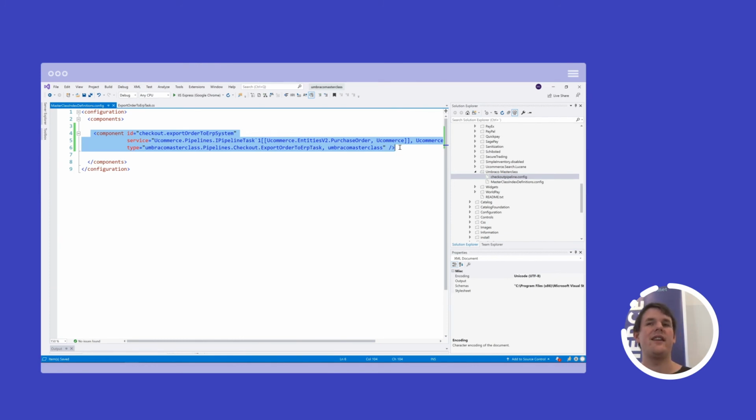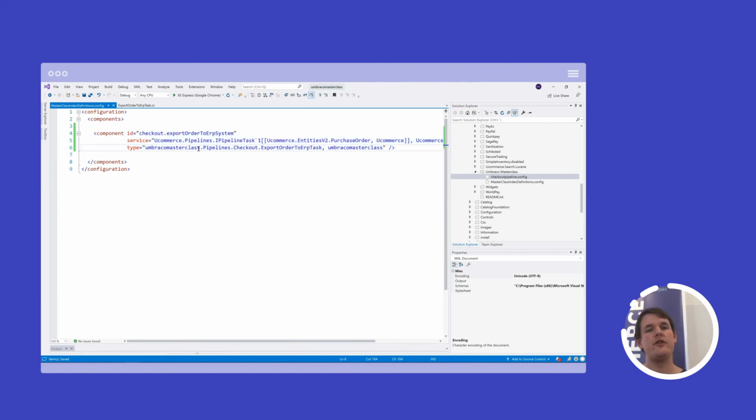And that's actually it. Now we have configured the component, so now when the IoC container boots, it will have this in its internal list of components that can be used. And then whenever the checkout pipeline is being initiated, then we can hook it in. But the component itself right now is not referenced or used anywhere. So in theory, this is never used until we actually initiate it and hook it into the checkout pipeline.